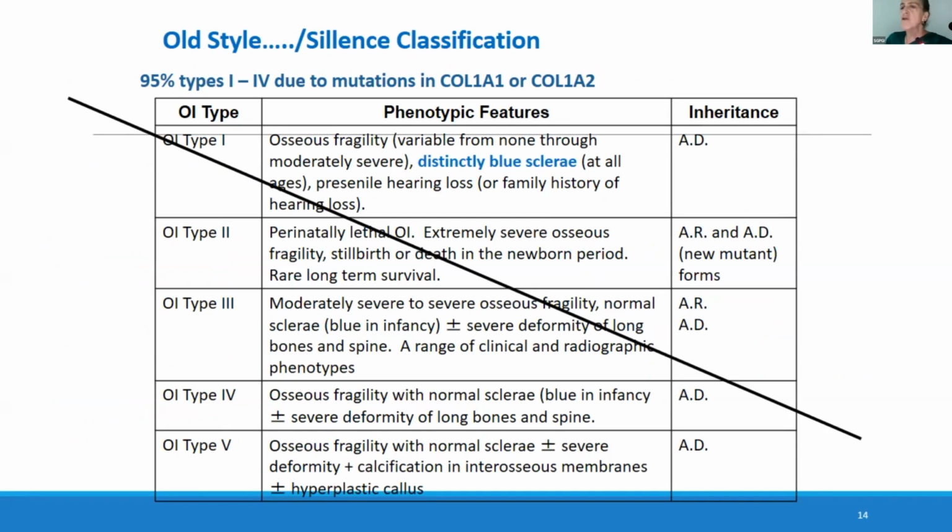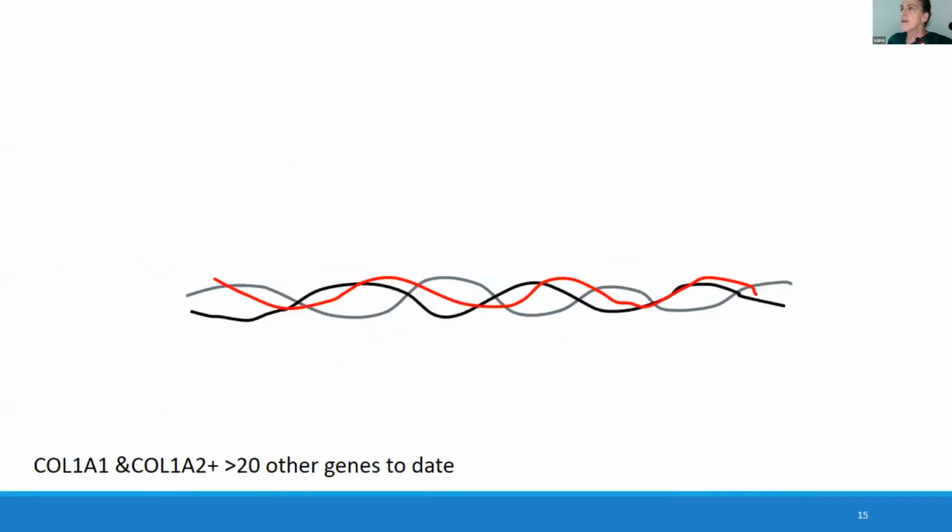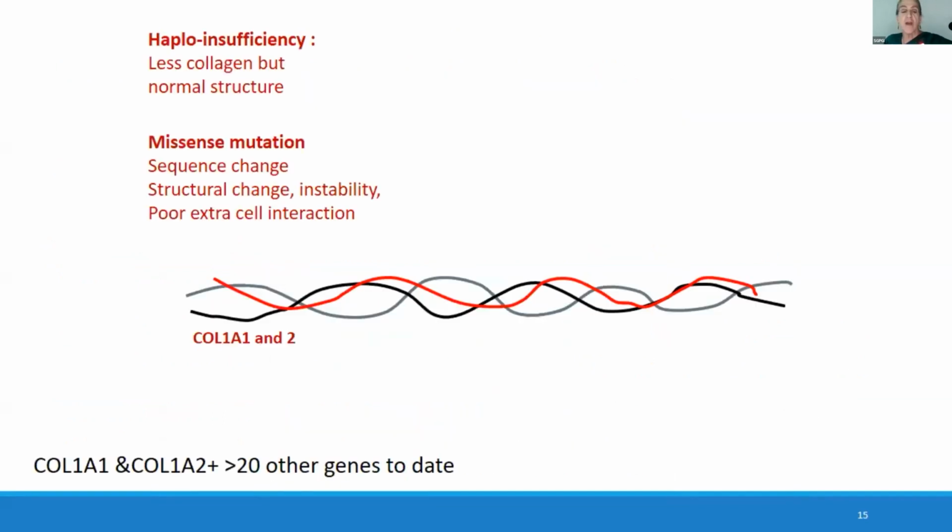So I don't think you can use this classification effectively. What I find is easier is to think about the tracking process. If there's a haploinsufficiency of COL1A1, there's less collagen. The structure is normal. If there's a missense mutation, there's a structural change, there's instability of the collagen, and